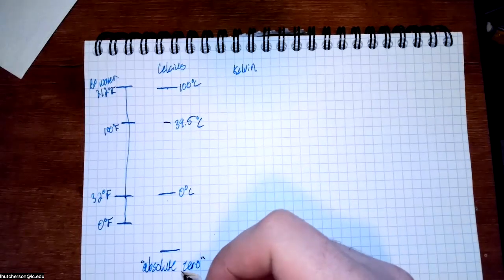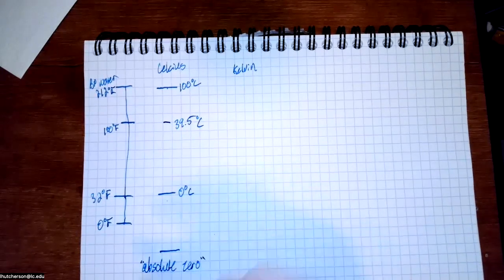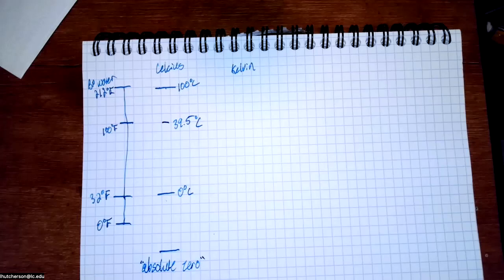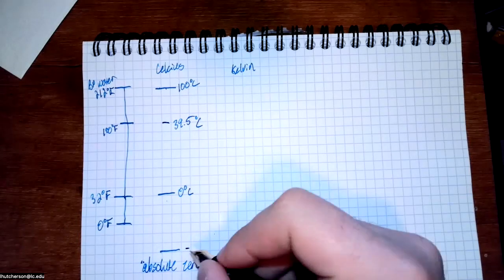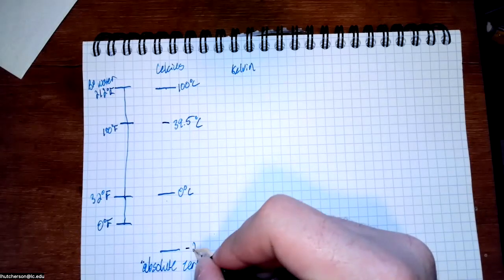That's the point at which all molecular motion ceases. It is, in theory, the lowest theoretically possible temperature. It's not actually possible to reach absolute zero, but we've gotten pretty darn close to it. Now, in the Celsius scale, absolute zero is negative